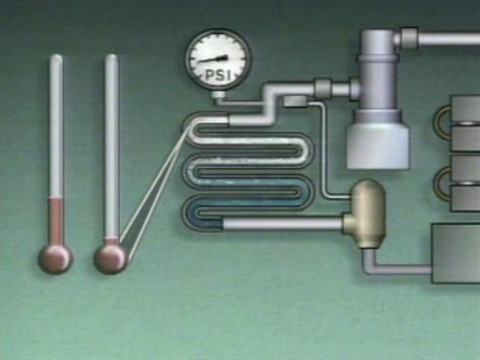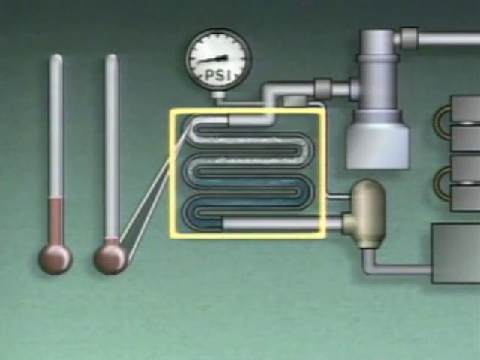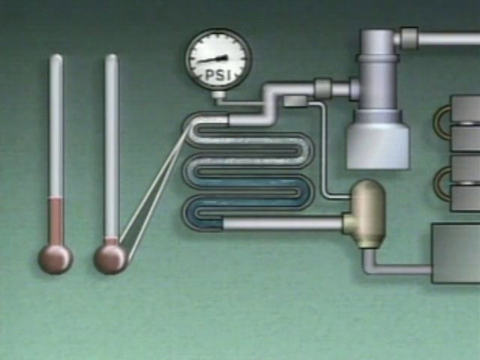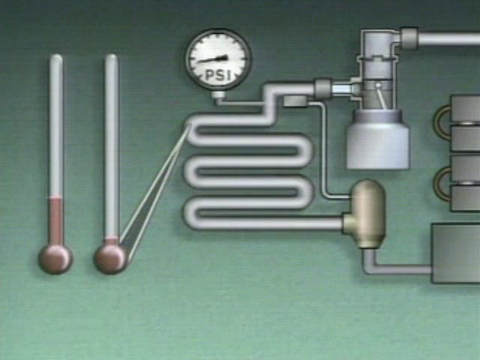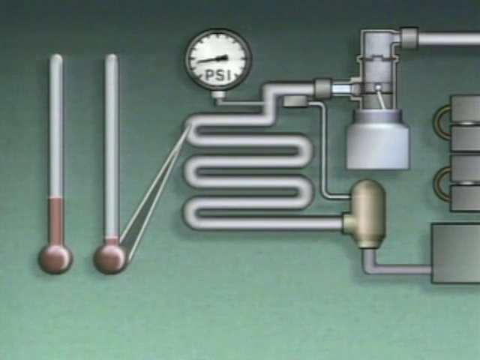If they get too low, some of the refrigerant will not vaporize and will remain as a liquid. If liquid refrigerant is allowed to enter, the compressor could be damaged. So when the pressure of the refrigerant decreases below the set point for the low-pressure cutout switch, the switch shuts